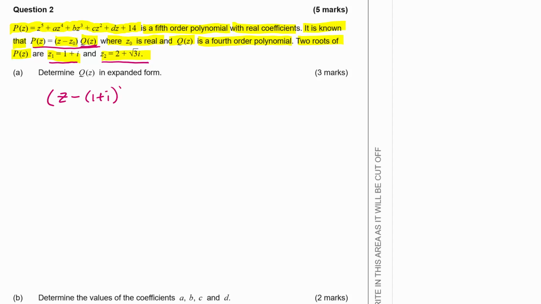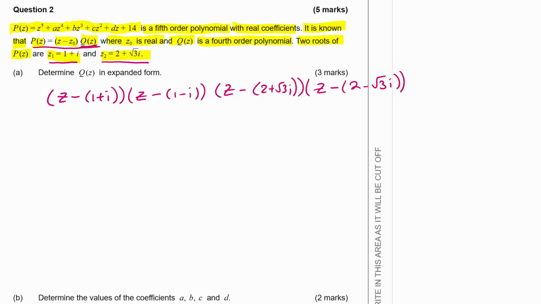Now we know the conjugate will also be a root, so it's z take away 1 minus i as well. And then we'll have z take away 2 plus root 3i, but also z take away 2 minus root 3i